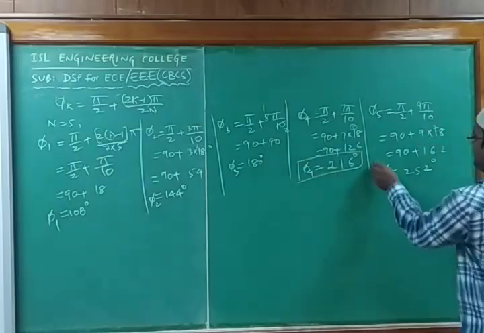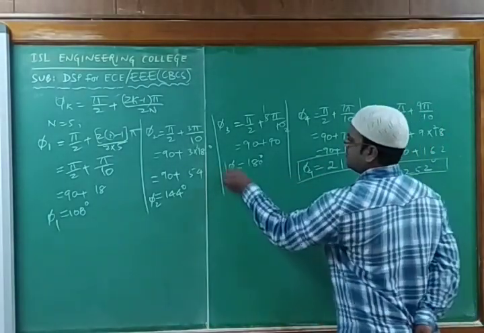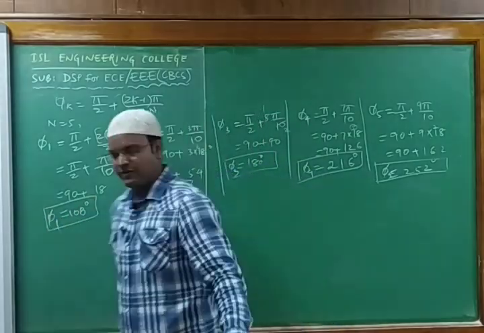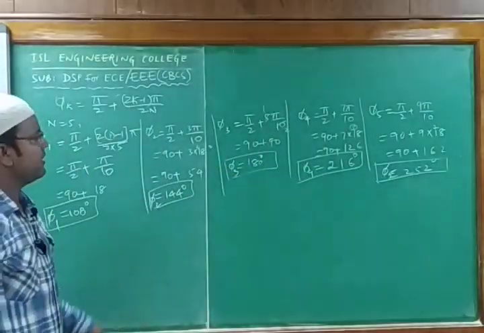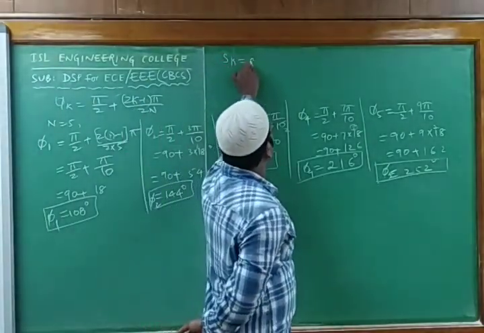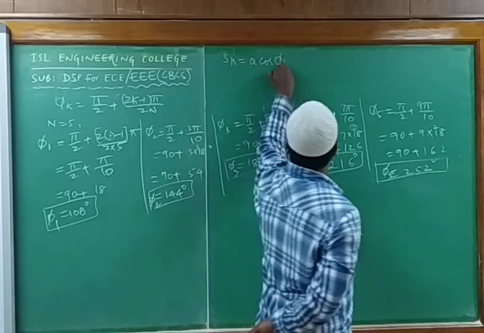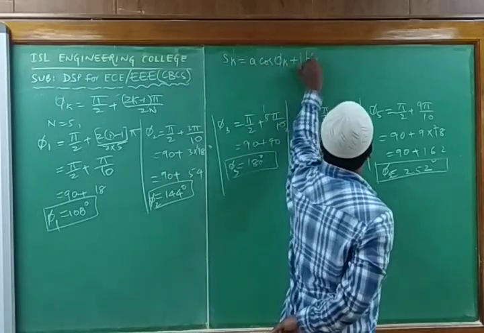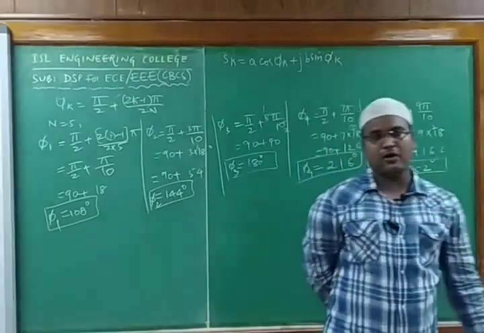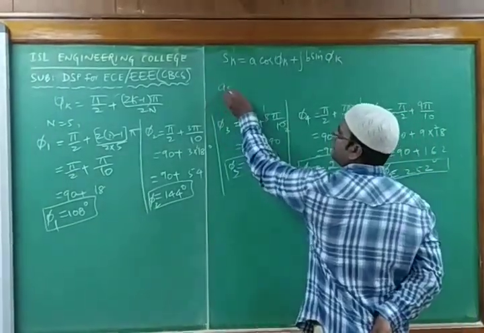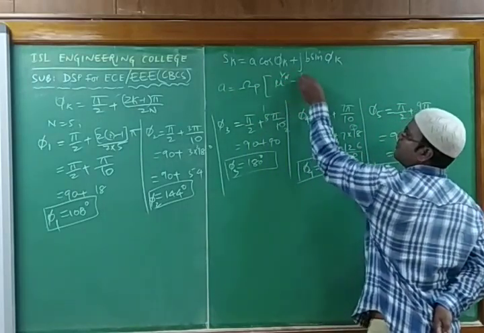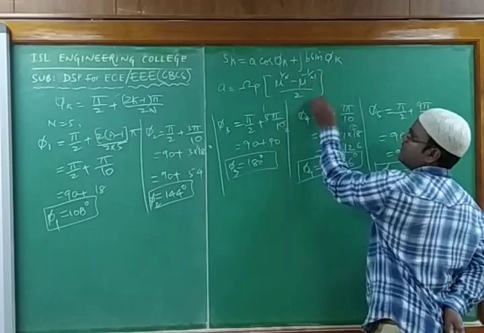Next thing is that we need to get the coefficients A and B so that I can get the poles. So these are all my values, phi 1 till phi 5. Next criterion, xk. What is the xk formula we have? xk is equal to A cos phi k plus jB sin phi k. Phi k is found this way. But how do we get A? A is omega p, the frequency in the passband, times (mu power 1 by n minus mu power minus 1 by n) divided by 2. Right? This is how we know A.